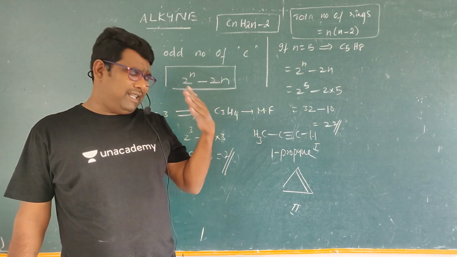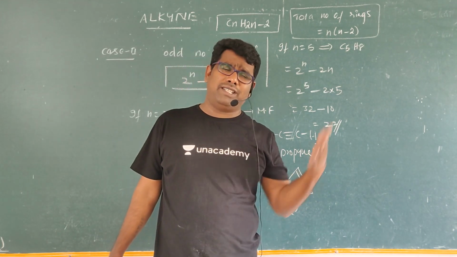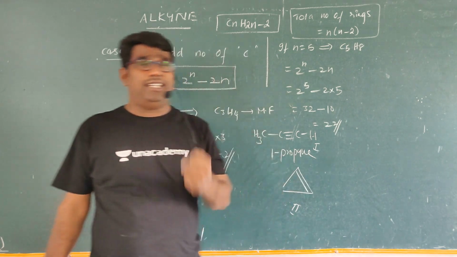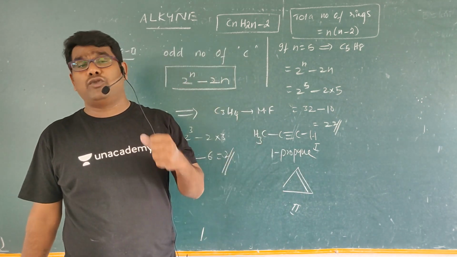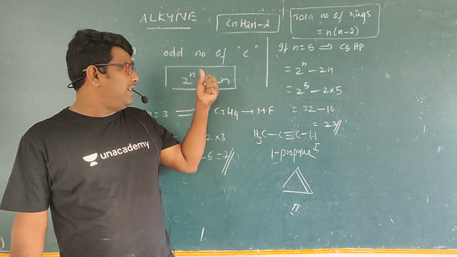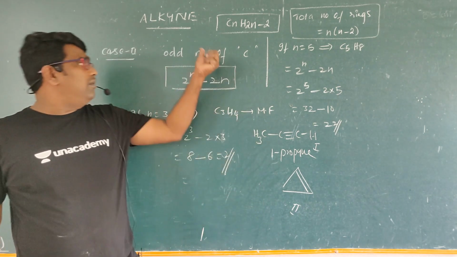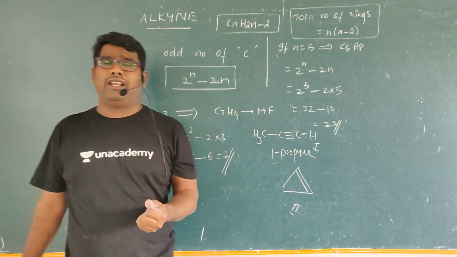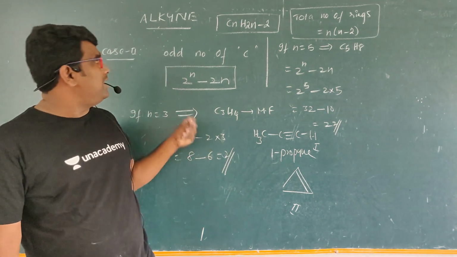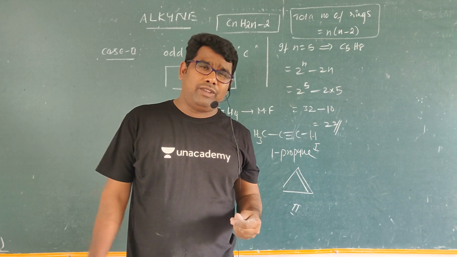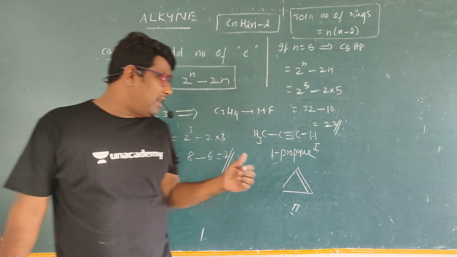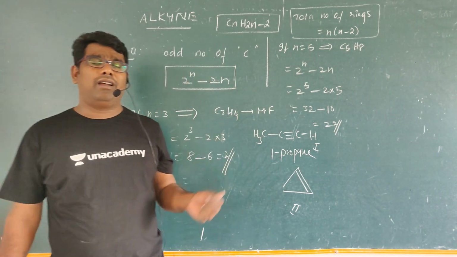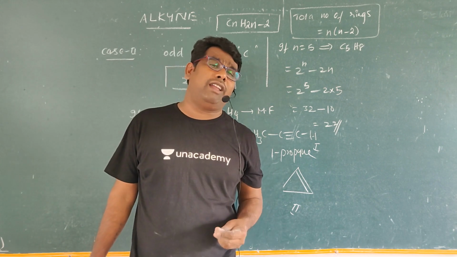This is the calculation for the number of isomers present in alkane. Alkanes are easy, but alkenes are too tough. That's why you can see this by a simple trick. By using this simple trick, we can calculate the number of isomers present in alkene and alkyne. My dear students, this is the complete topic for calculation of isomers present in alkene and alkyne.